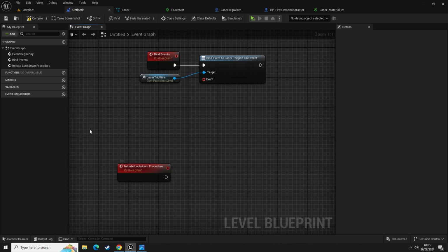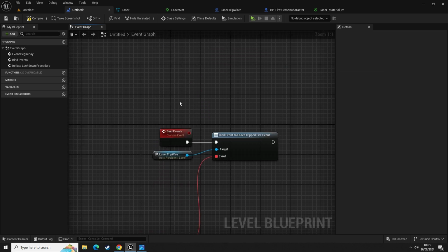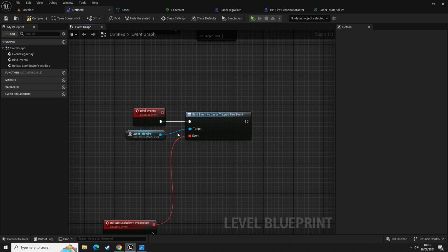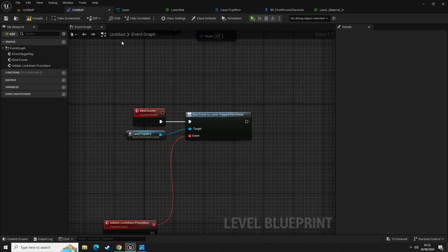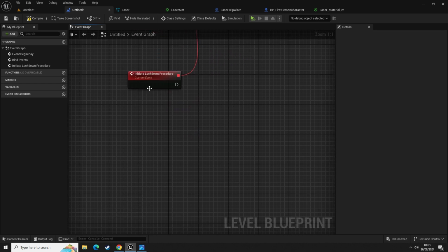So this one here needs to connect into the event. This is bound when we start the level, and this will get called when it's triggered here. So when this gets triggered, the call, where are we going? There. This is the event that we're going to play. So